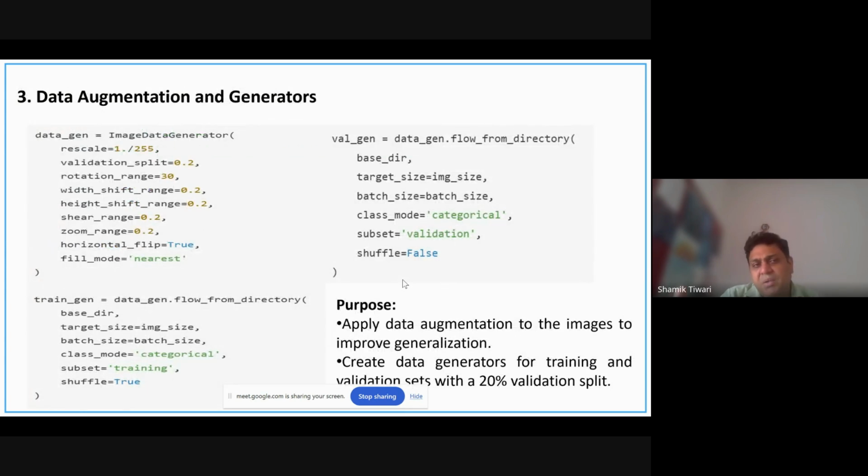The third part of the code is data augmentation and generator. The purpose of this part of the code is to apply data augmentations to the images to improve generalization, as we discussed. And we have data generators for training and validation sets with a 20% validation split. If you see a particular block of data generator, we are rescaling, we are splitting 20% for validation purpose,